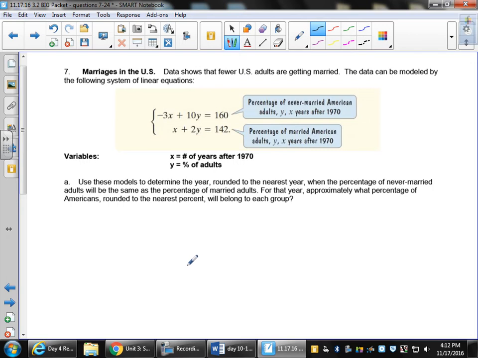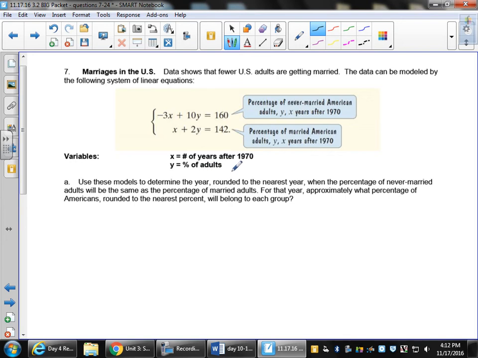So right away, I'm like, score! It gave me my system. So don't be trying to just write something else. We have it right here, which is nice. Not only that, but it defined my variables for me as well. X is the number of years after 1970, so we have this idea of a 0 year, and Y is